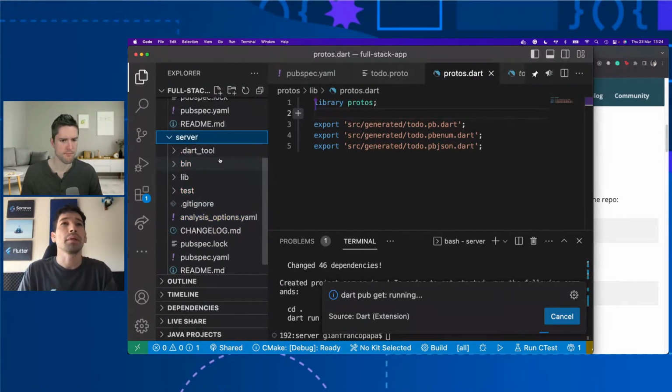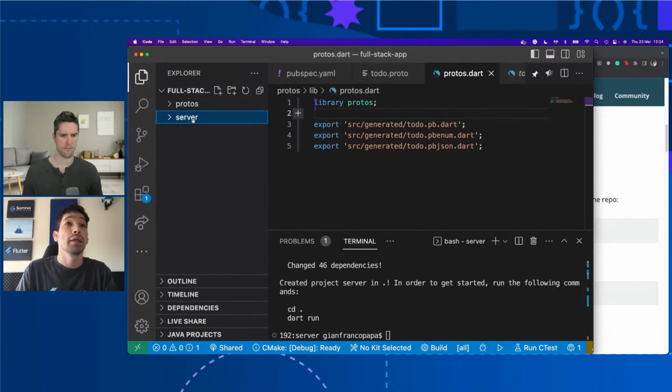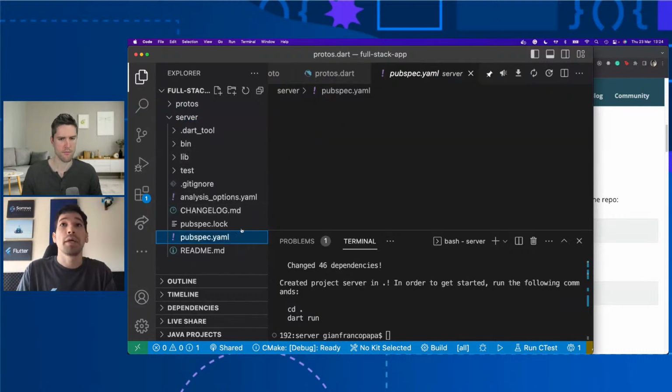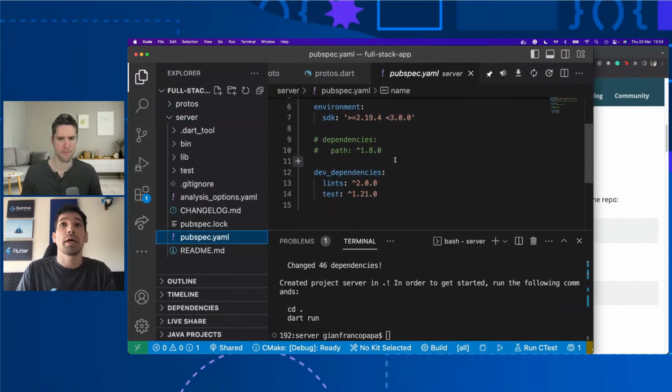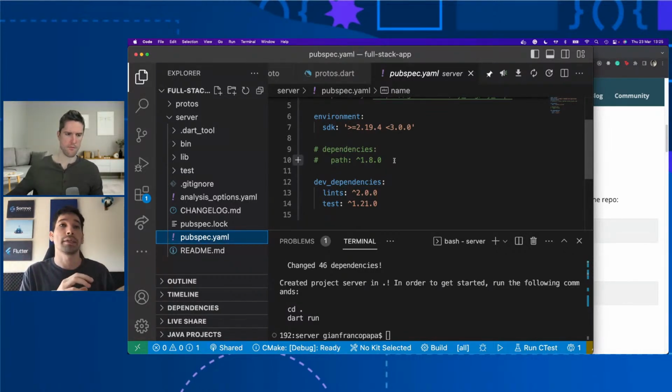Okay, so here we have our projects, and maybe what we can do now is import the Protos package into our server folder so we can start using it, right?